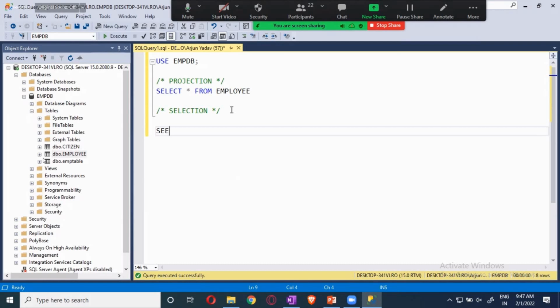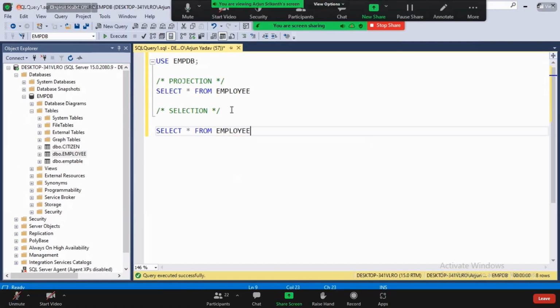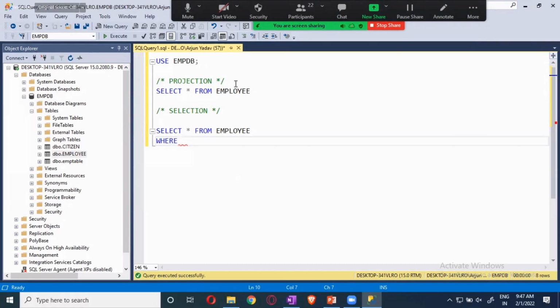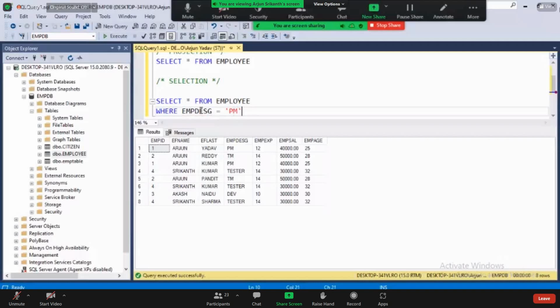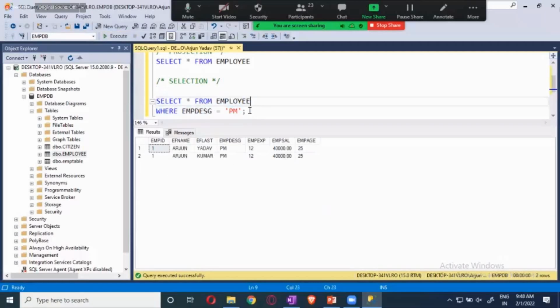Select star from employee where, I will use the where. What is the designation we have? Employee designation or E designation? Okay, EMP designation. I wanted to see EMP designation is equal to PM. This is called a selection, guys, with a condition. When you are extracting the data with a condition, that is called selection.